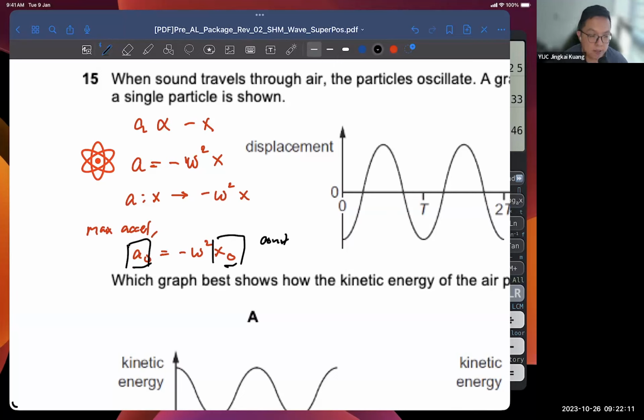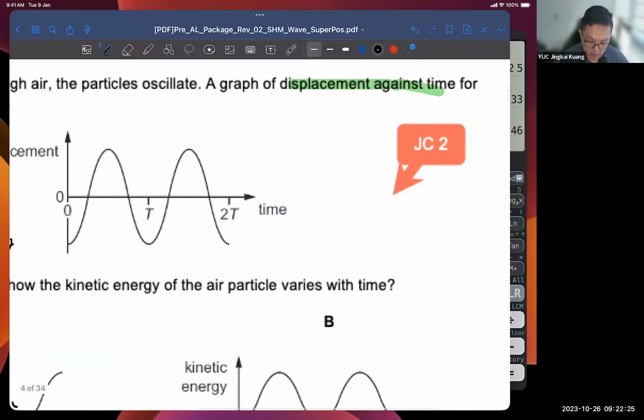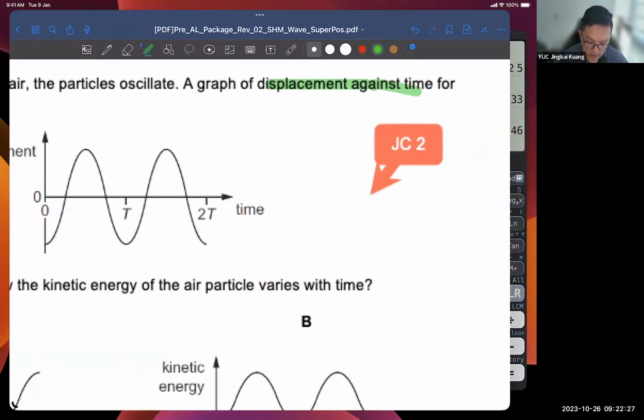Okay, so you sub in. That means if you want to find the maximum acceleration, you sub in the displacement. Then from here, you can work out a few other formulas. I will not go into derivation today, but you can basically go and find out how to find the velocity. So v equals to